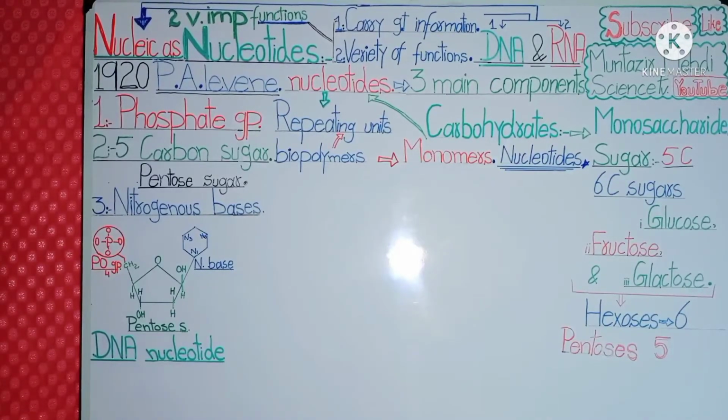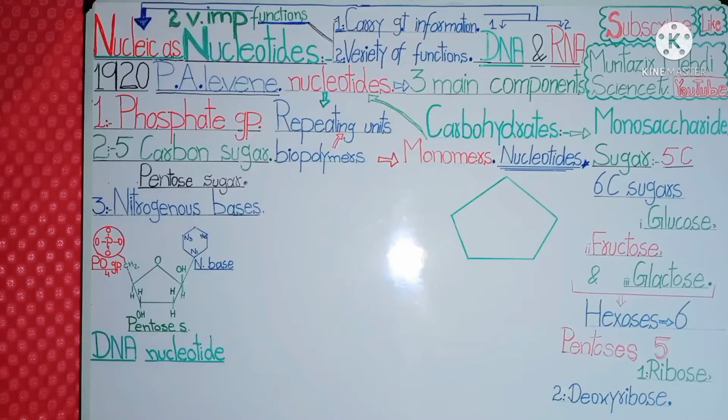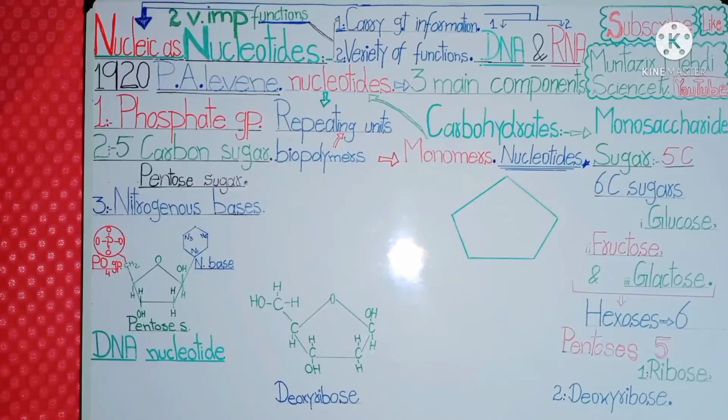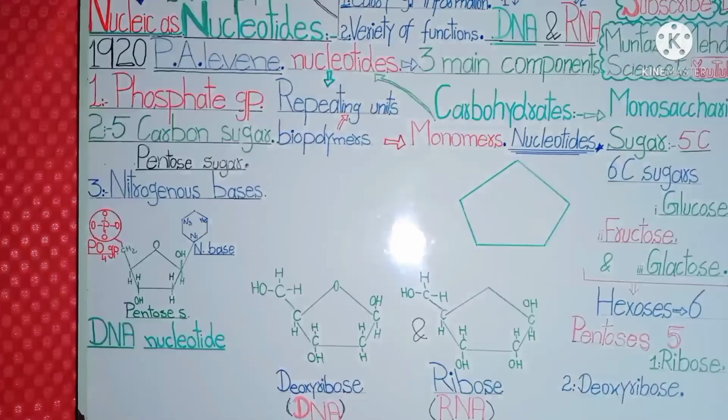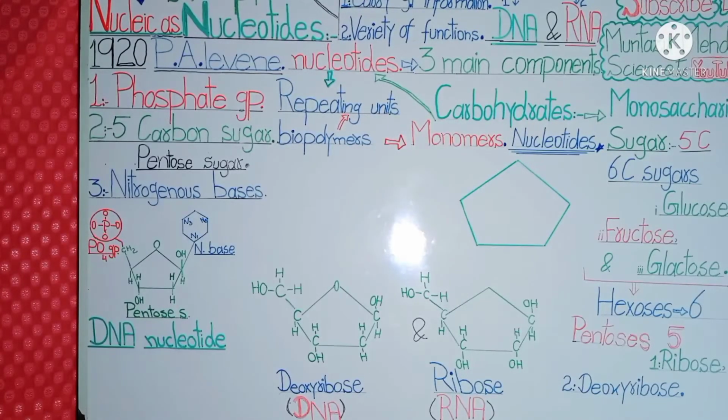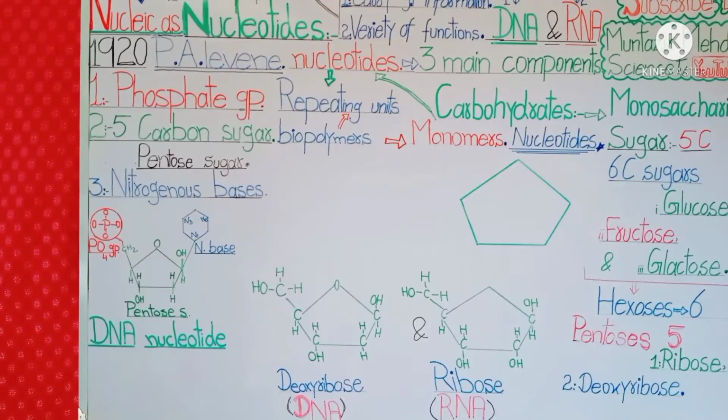There are different types of pentoses in living organisms, but two are very important that are present in the nucleotides of DNA and the nucleotides of RNA. These sugars are, first, ribose and, second, deoxyribose. This is the simplified structure of the sugar present in the nucleotide. If we compare the chemical structure of deoxyribose, the sugar of DNA, on the left and ribose sugar on the right side, the sugar of RNA, now we can see these structures clearly, but we focus on the upper sugar.